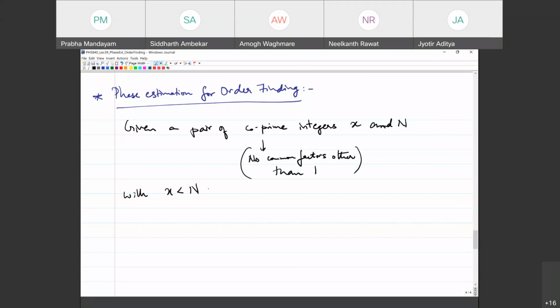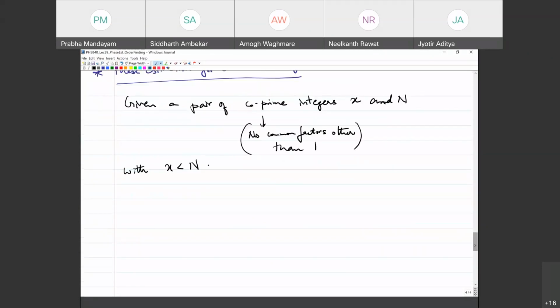Now the idea of the order comes from the fact that you can define modular arithmetic with respect to this capital N. I don't know how many of you are familiar with the idea of modular arithmetic. This is basically your clock arithmetic, right? So let's do a simple example. When I say that